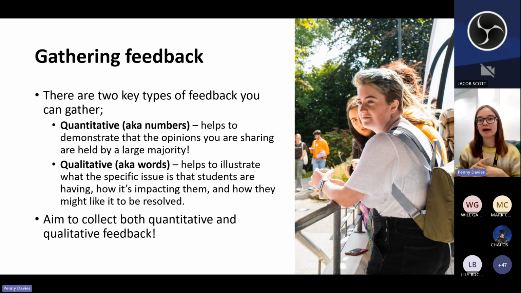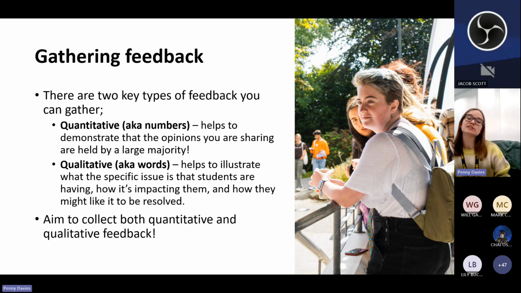So for instance, if the feedback is related specifically to an issue that affects a minority or an underrepresented group on your course. So for instance, if you get any feedback from some disabled students on your course about the accessibility of some learning resources, that's a really important issue that you can bring up in your SSLCs. It doesn't matter that the population of disabled students on your course doesn't make up the majority of your course. It just matters that they are feeling that way and it's affecting their experience, if that makes sense.